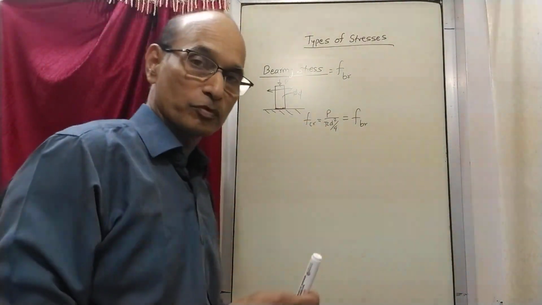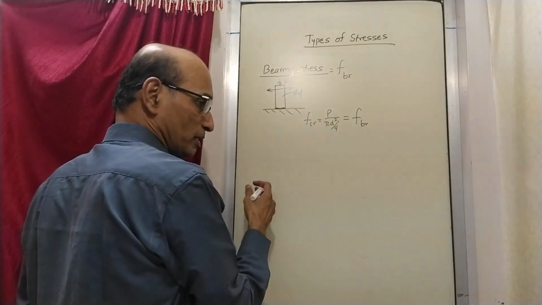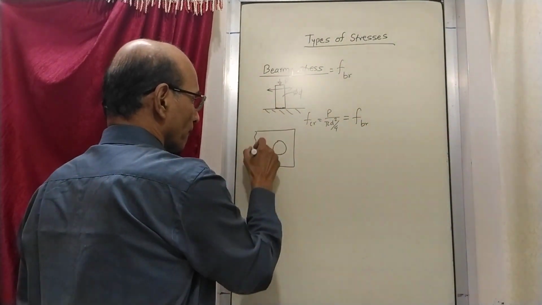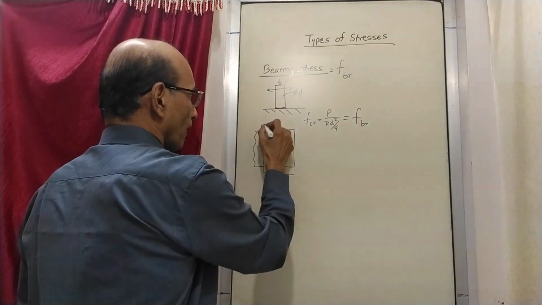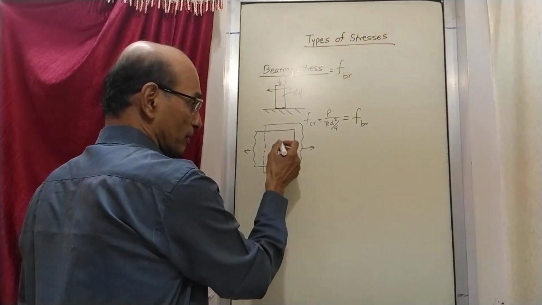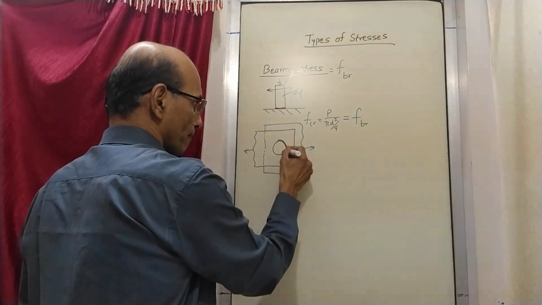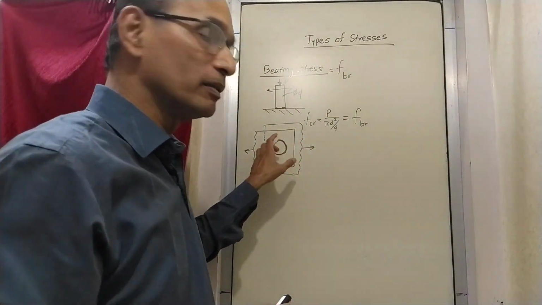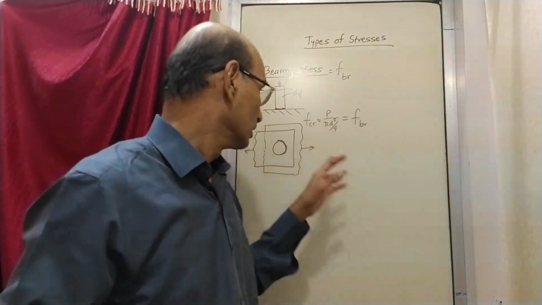Formula still is the same. Even in the case of a riveted joint, if you see the way a riveted joint is drawn, this is one plate and this is another plate, and you are pulling the two plates like this. There is a rivet here, so this rivet is having some stress here. Now in this case there is no movement, but had there been any movement, suppose you are doing it like this and there is some movement also, then there will be a bearing stress case.